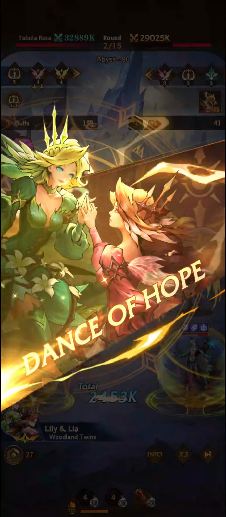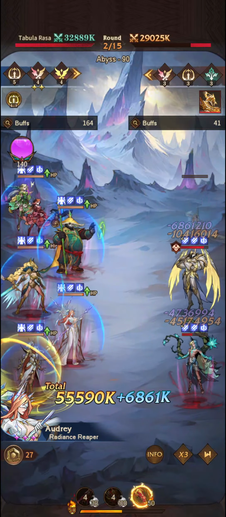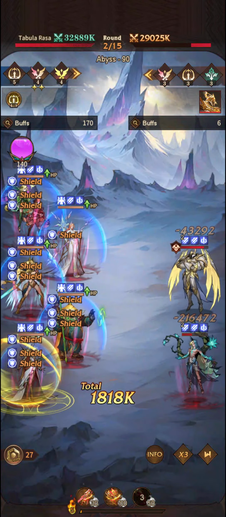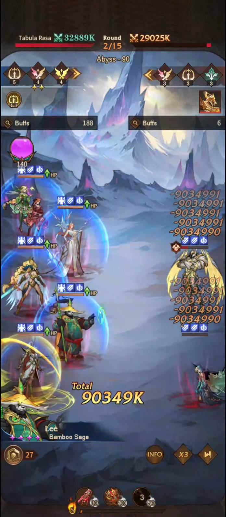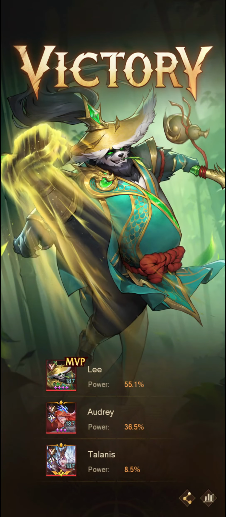So we can see the Holy Shield stats have been applied, and then what we want is for Audrey to dispel them, and then to steal that shielding as well and grant it to our other allies. We get Lee here, hopefully, to finish things off. Yep, looks good. And then we can move on to the next synergy,